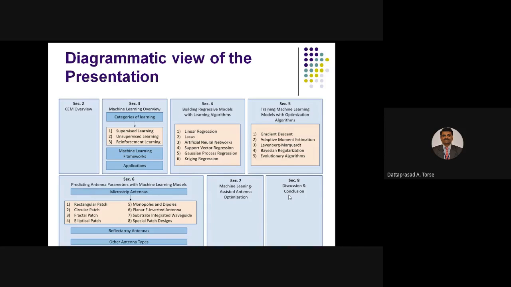We don't go with linear regression or lasso or GPR or kriging regression, which is not required at this point because it is more advanced compared to Gaussian process regression. So the main focus between the third and fourth algorithms is artificial neural network and support vector machine. Support vector machine is the most ignored area of machine learning, and when we compare it with the most popular one, neural networks, which is deep neural network, it has very wide and very popular